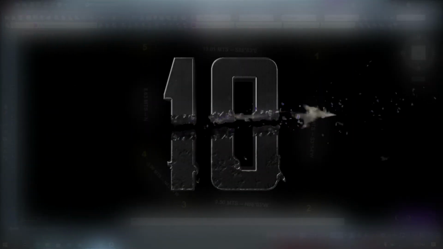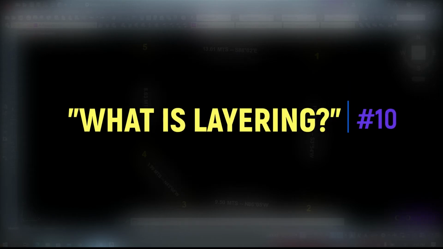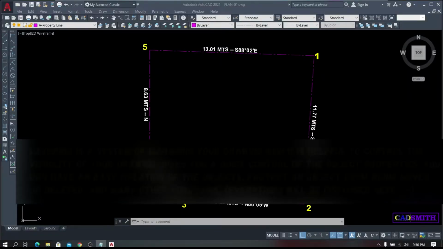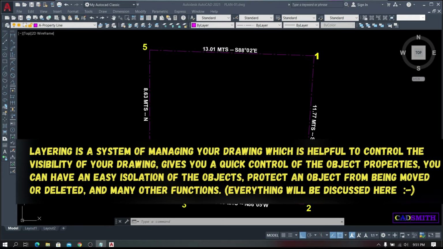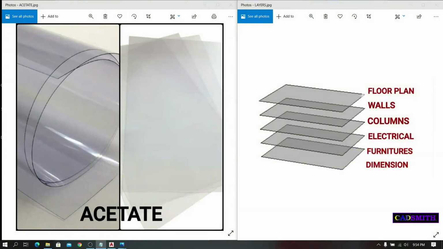On number 10, you need to know what layering is. Layering is a system of managing your drawing which is helpful to control the visibility of your drawing and gives a quick control of the object properties. You can have an easy isolation of the objects, protect an object from being moved or deleted, and many other functions. To illustrate, layering is like drawing a certain object on transparent plastic acetate sheets, in which each